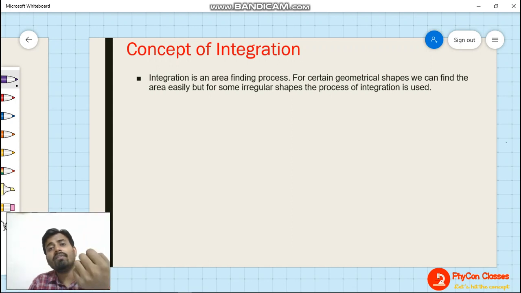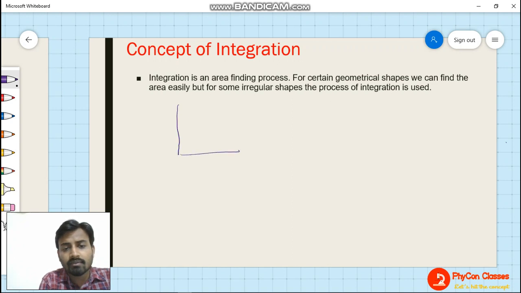Right? So for these geometrical shapes, with a defined geometrical shape, we know what the area will be. But let's suppose we have a particular shape which is irregular, in that case how are you going to find the area? For example, just look here. See, if I have a function like this, so this is the xy coordinate. If a function is like this, which is a function of x, that is y is equal to 3 or any other constant. So let's suppose this value is 3, and it is starting from x is equal to a, to x is equal to b.